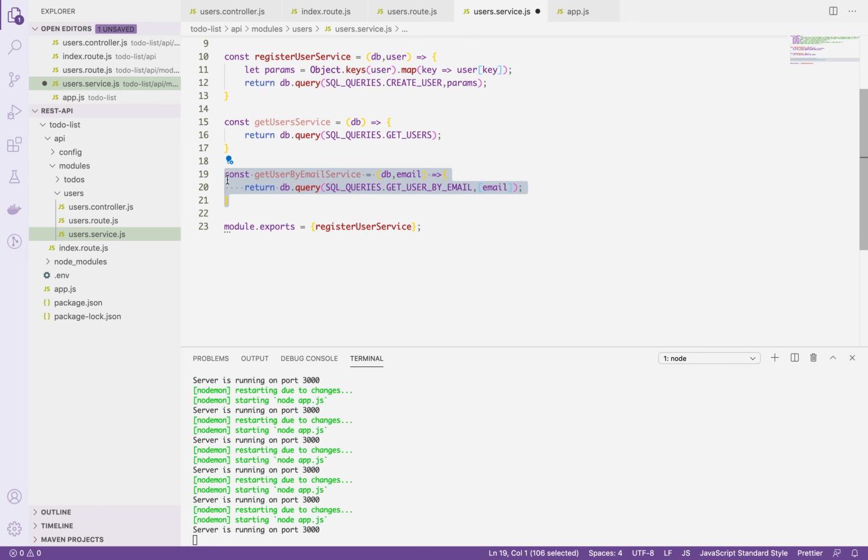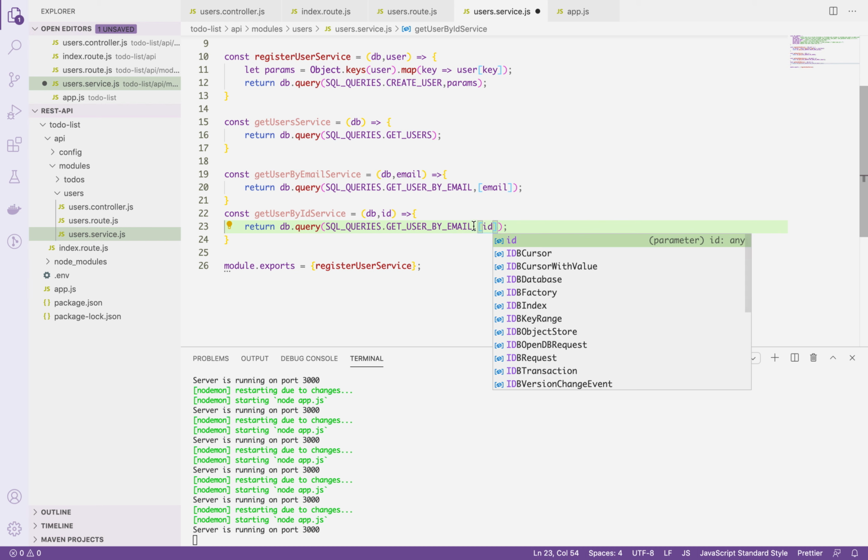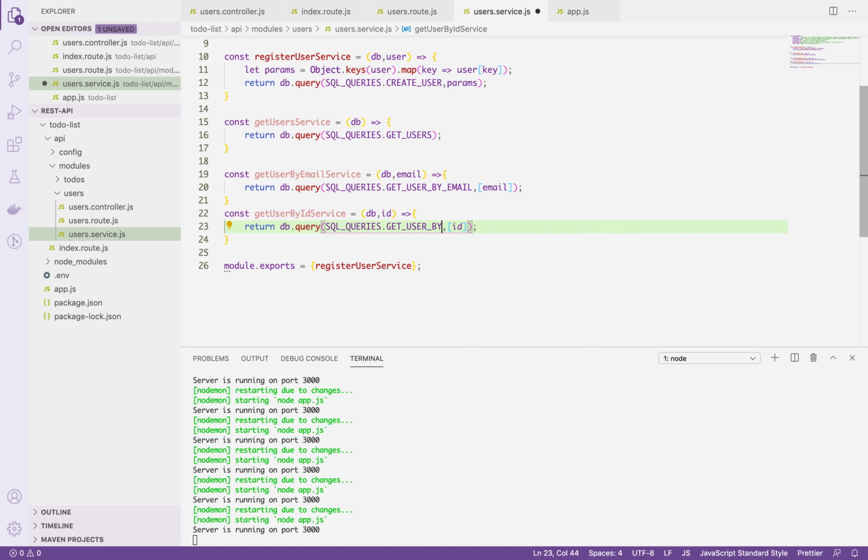we will create another service, get user by id. It will accept the user id, and the query will be this get user by id. Okay, now